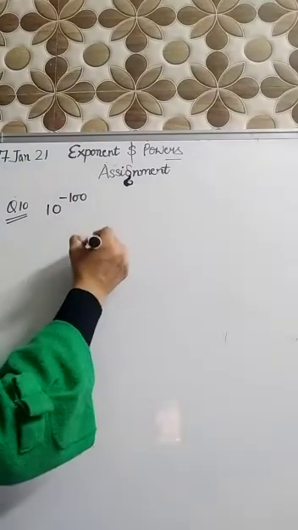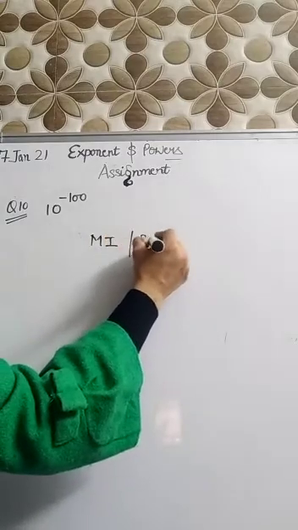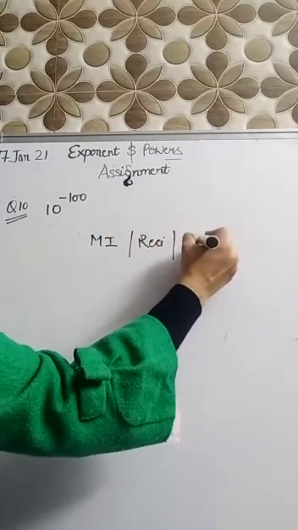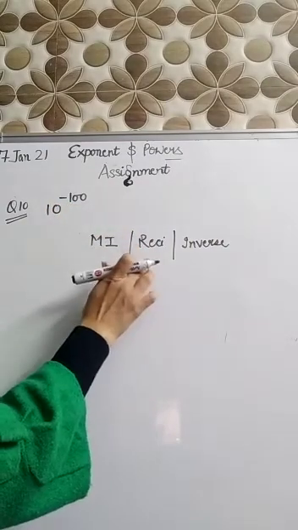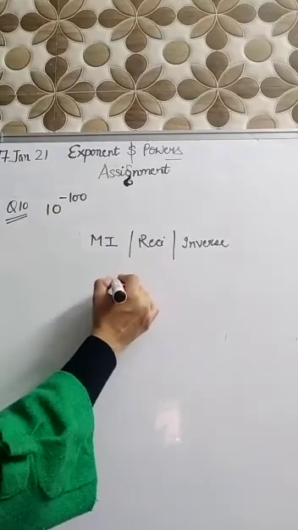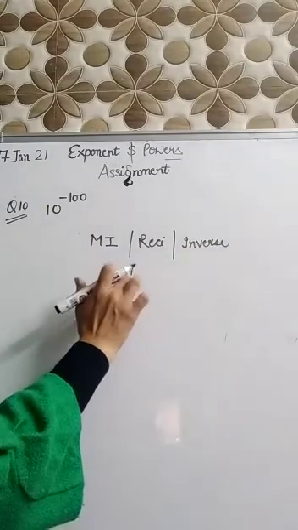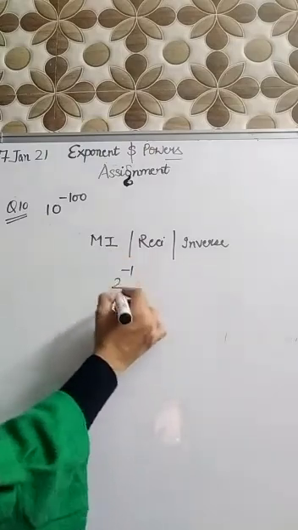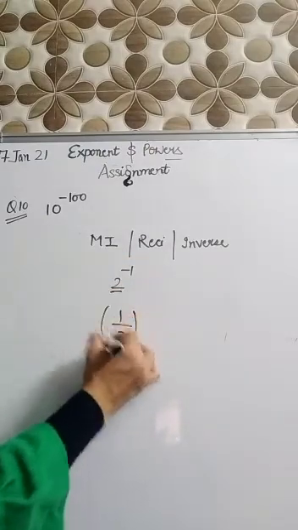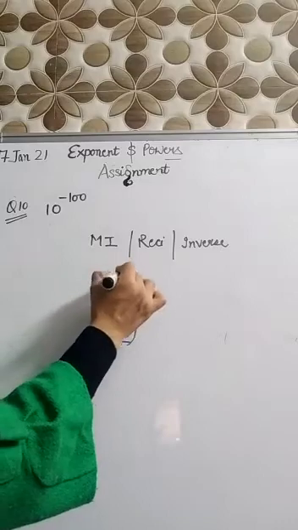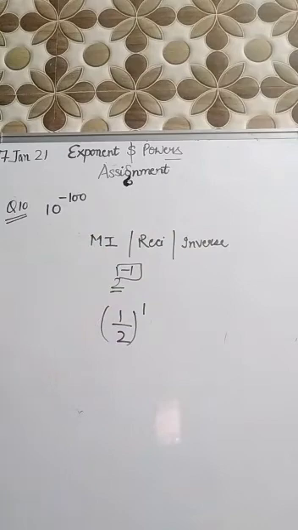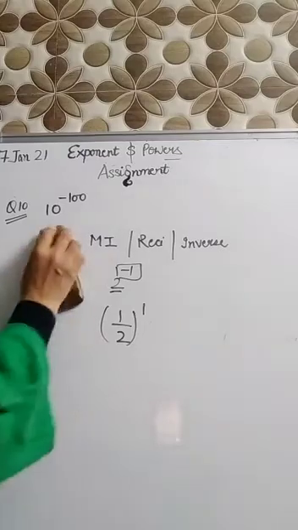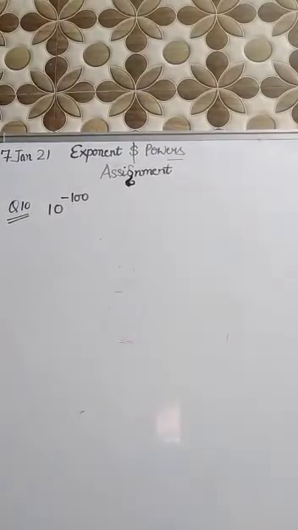The another name for the multiplicative inverse is reciprocal, or you can simply say inverse. Whenever negative power is given, that means you are making the reciprocal, multiplicative inverse or inverse of the number. Like 2 raised to power minus 1 is given. Negative power always represents that you are making the reciprocal of the base, that will become 1 by 2 raised to power 1. That means negative power itself is representing your reciprocal, inverse or multiplicative inverse. Now, in the beginning of the chapter, when we discussed the introduction, we discussed one formula for the multiplicative inverse.